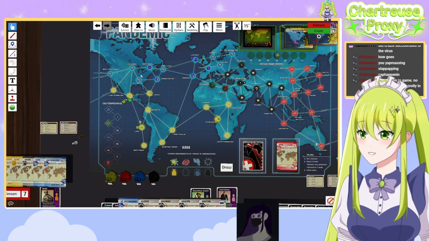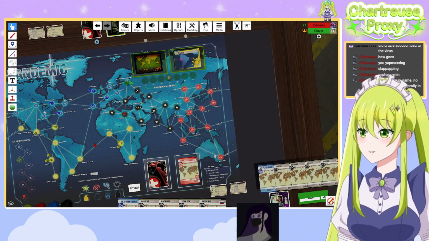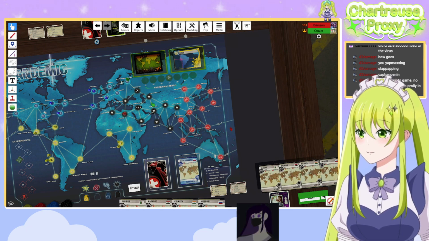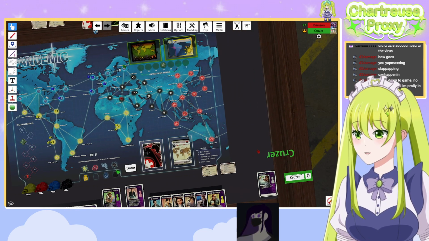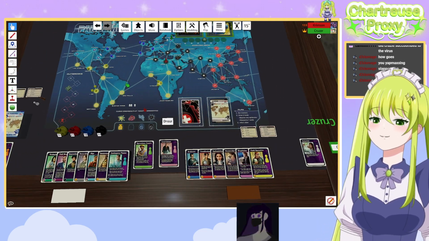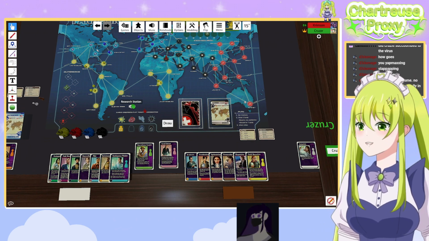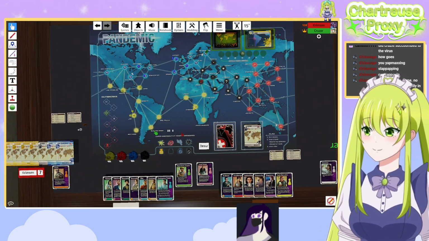But otherwise, that would be my turn, which is literally 1, 2. Build a station in St. Petersburg. I'm a scientist, so I only require 4. Cure is made, and hey, guess what? That would be us winning the game. Yay! Wonderful. Honestly, getting that medic scientist combo turn 1 was just randomly